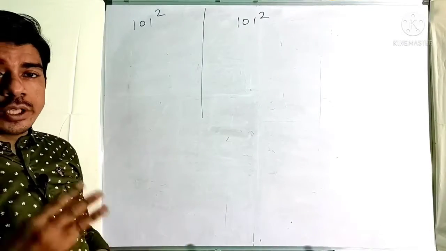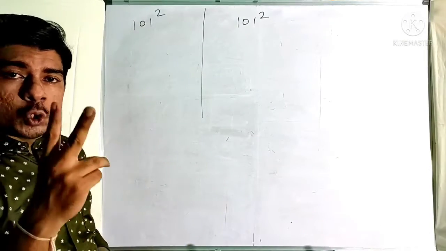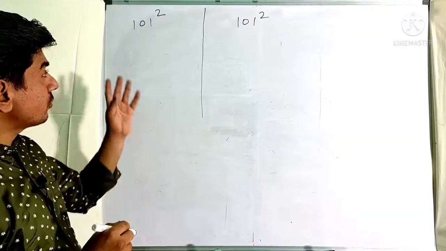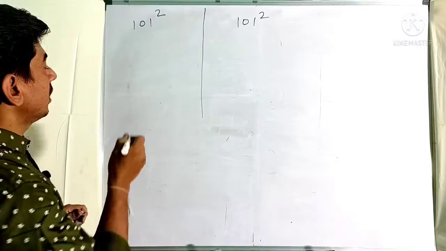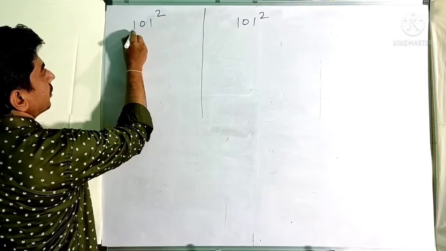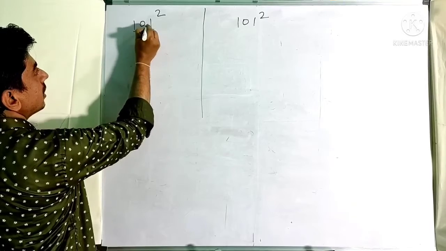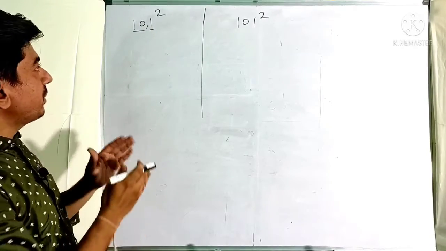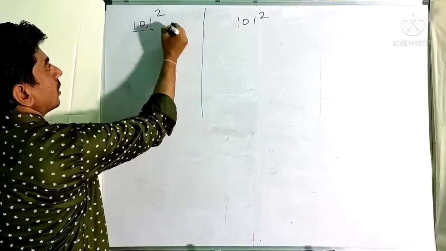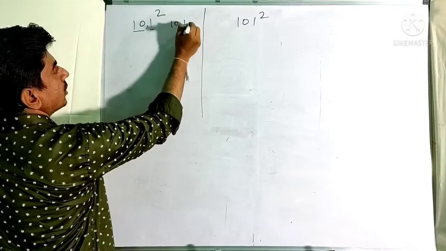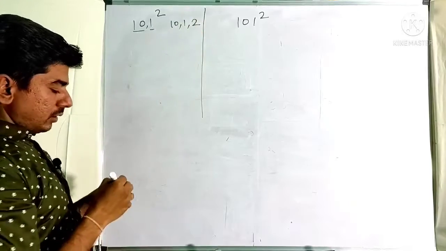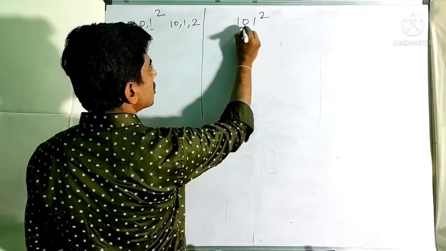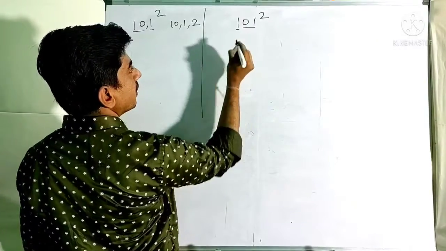Therefore, in case of 3-digit numbers, we can solve with 2 methods. But in case of 2-digit numbers, you can solve with a single method. Let us take the first method. First method is, I am taking 10 and 1. The parts of 101 that I am dividing it into are 10 and 1, and the 2 will also be there in the calculation. And here I will be taking 01 as a 2-digit number and 1 as a single-digit number.